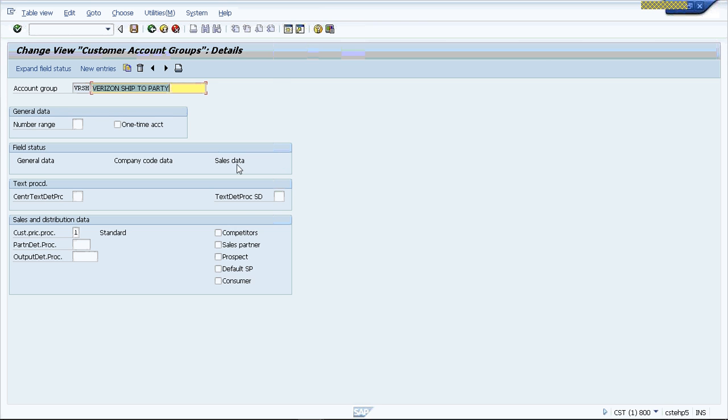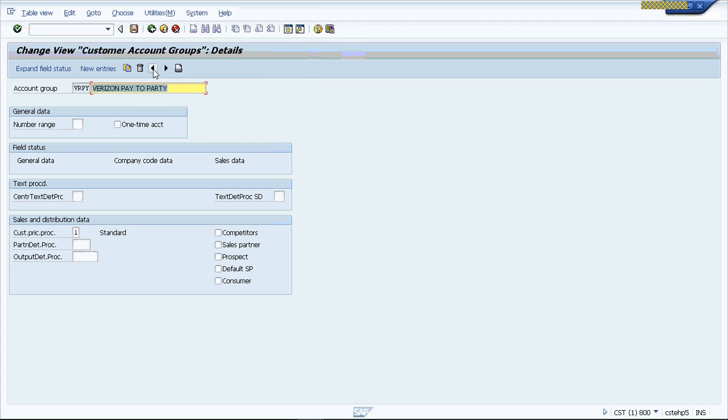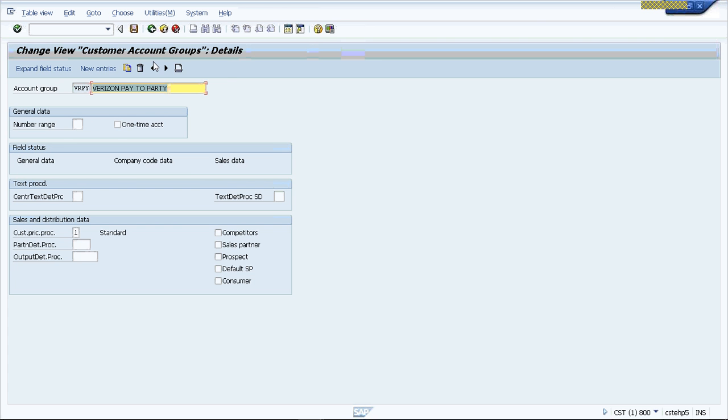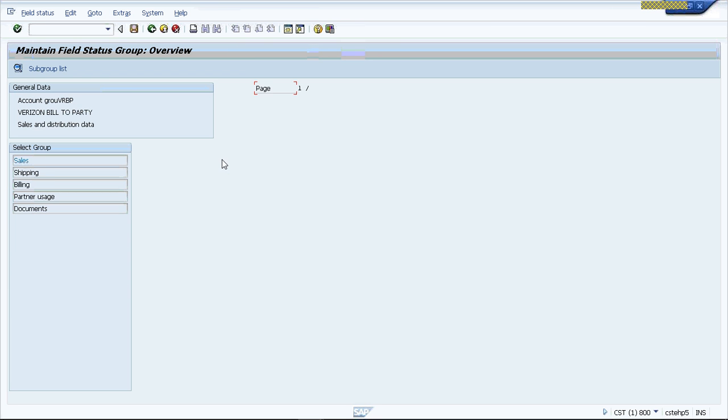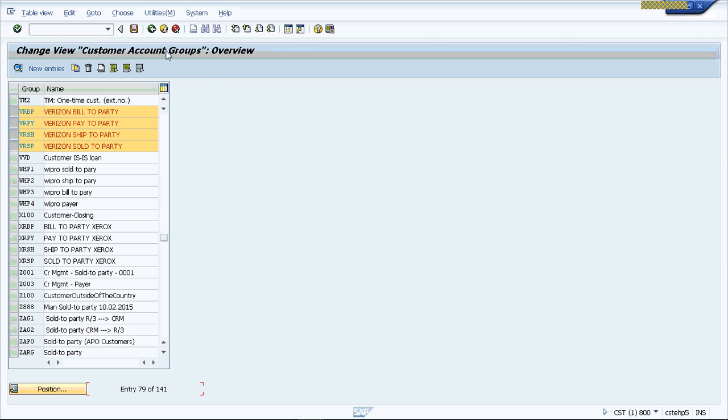ship to party. You double click that, and you see that sold, shipping, and billing is active. And if you go back again to the next one, this is Verizon payer, and you check to see that sales and billing is the only thing active. So that you go back also, and you check the last one, which is bill to party, and you make sure it's only sales that is active. So we have cleared everything perfectly, and what we need to do now is to continue to